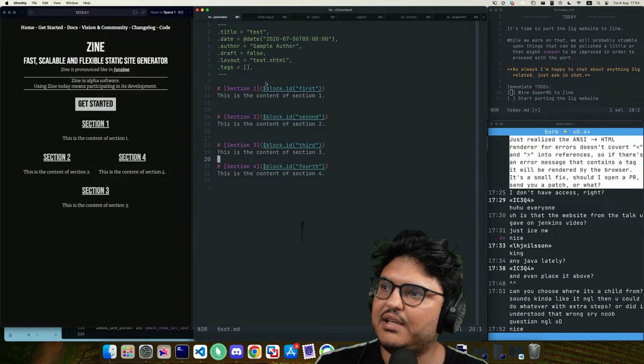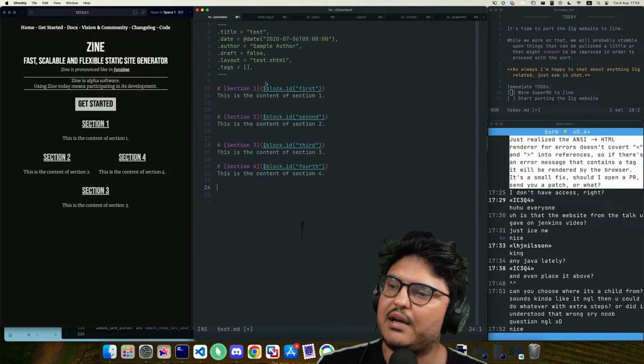And now let's go in here, and we decide that section 4 also has a code block in it.